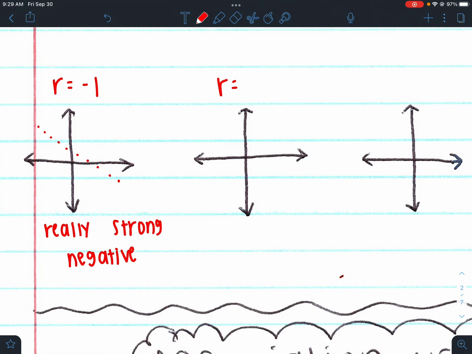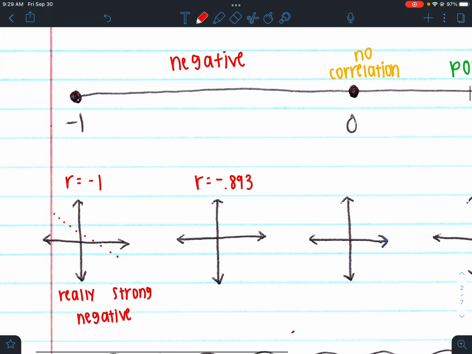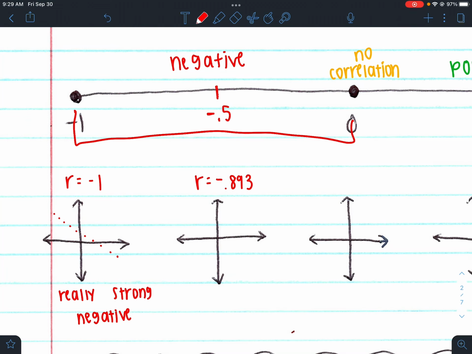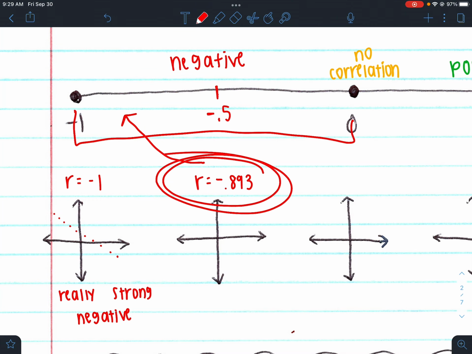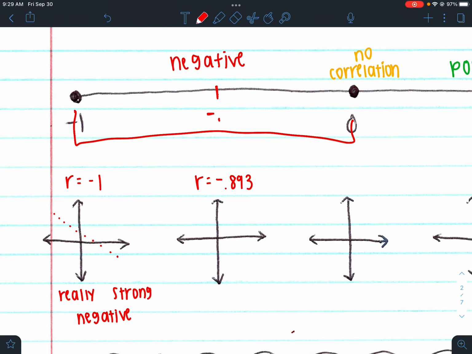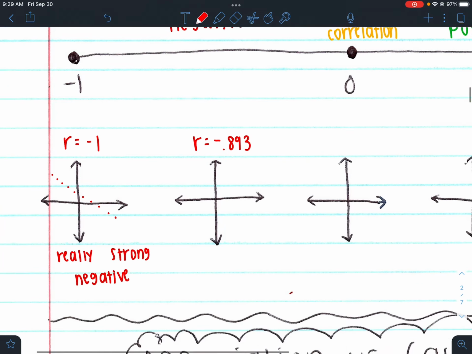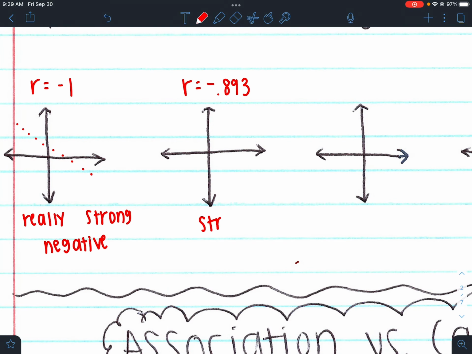But let's say my R value is still negative, but let's go into the realm of -0.893. So you have to think about, is -0.893 closer to -1 or is it closer to 0? Now we know it's on the negative side of the number line. By the way, if you did not know, this is -0.5, because 0.5 is halfway in between 0 and 1. So we have 0 and -1, and we have -0.5 in between. So where does -0.893 land? Well, that's going to land somewhere over here on this side. Is that closer to -1 or closer to 0? It's closer to -1. The closer it is to -1, the stronger it is on the negative correlation. So we do have a strong negative here,